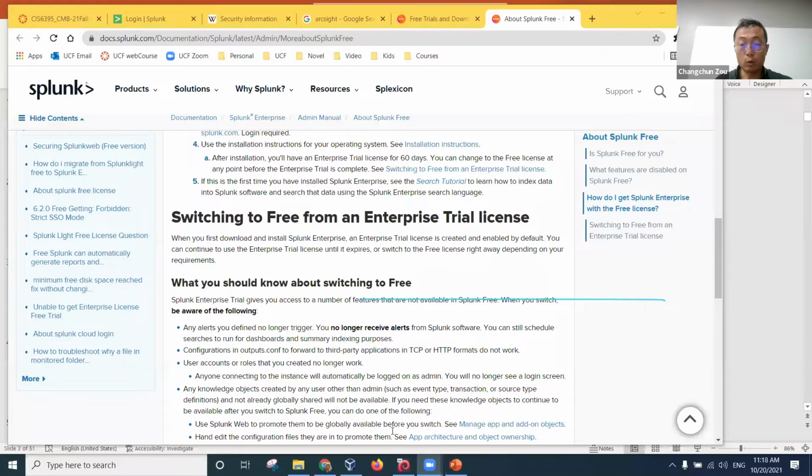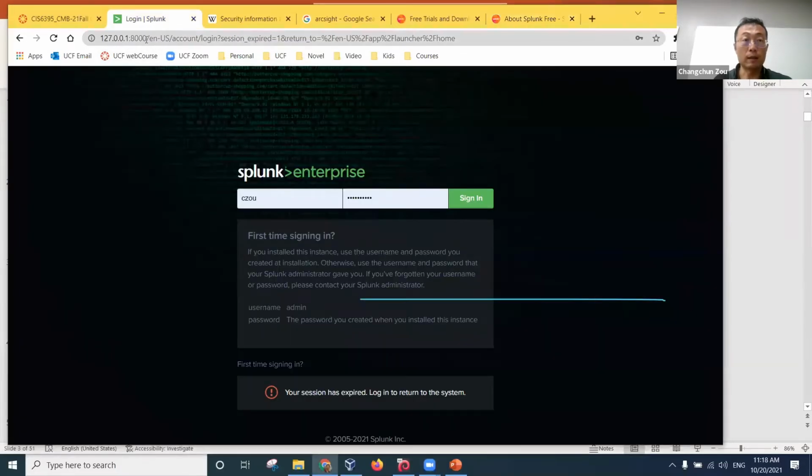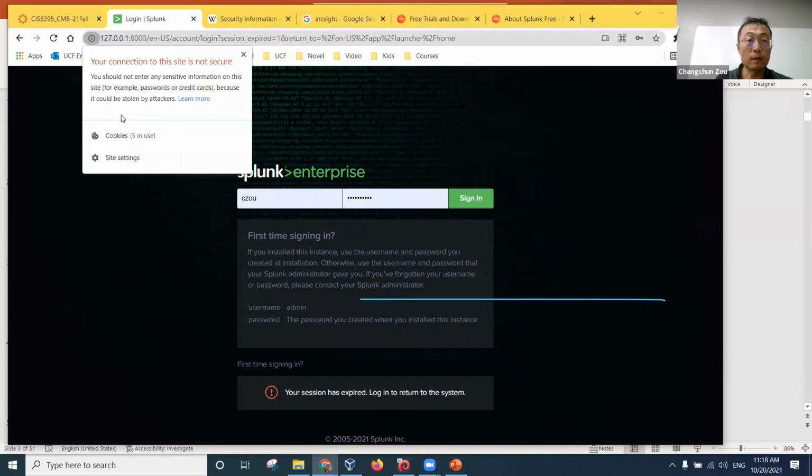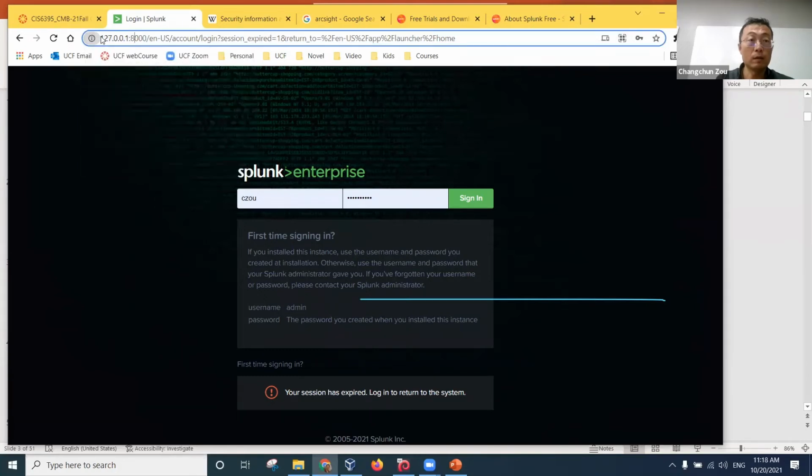Splunk actually, when you run it, it actually is like this. It runs in this. You can see this connection is to 127.0.0.1